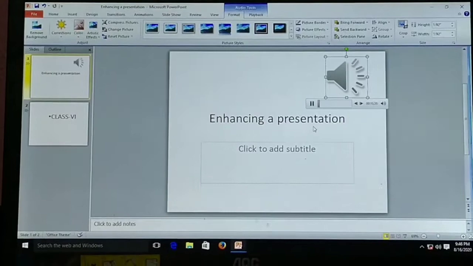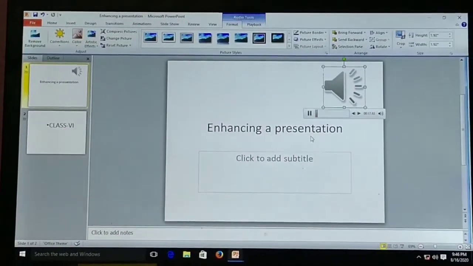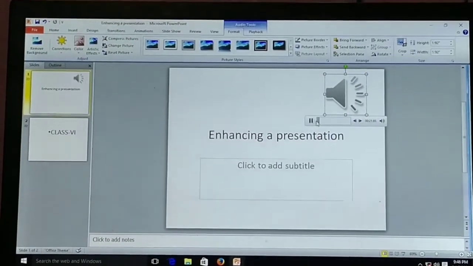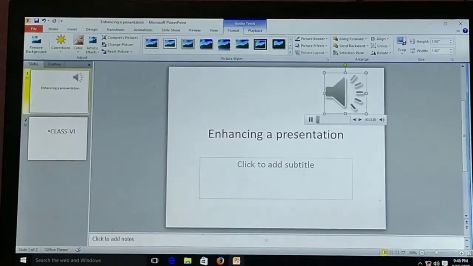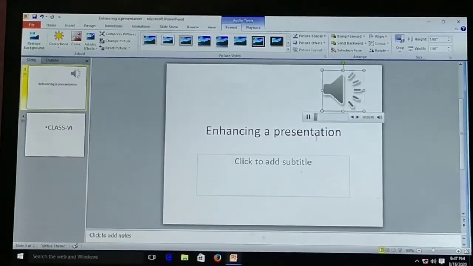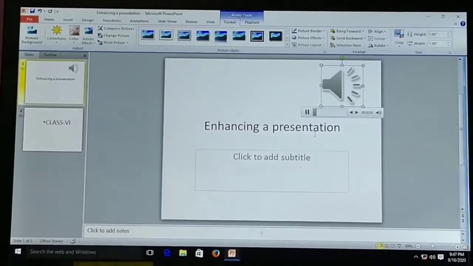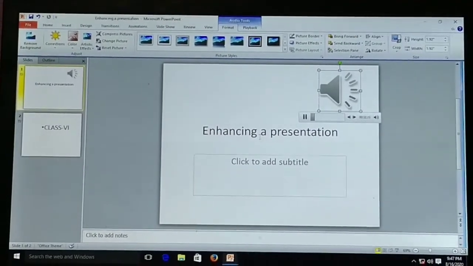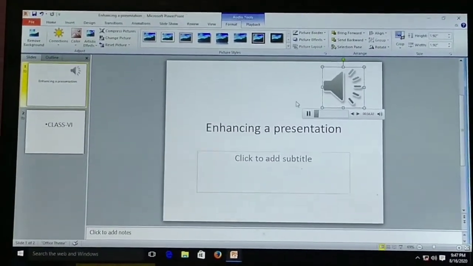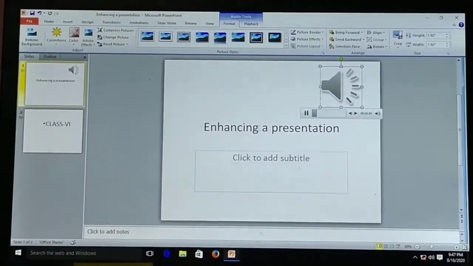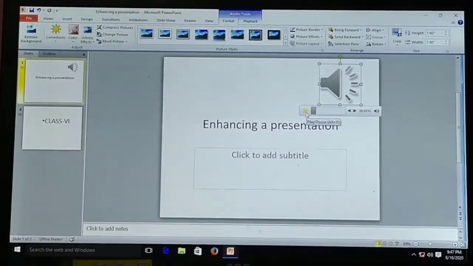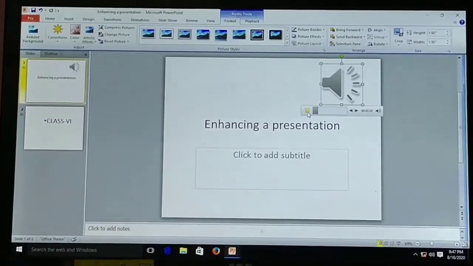Since the speaker is not installed in my PC, that's why sound is not coming from my PC. Okay, but if the speaker is there with your desktop computer or laptop, obviously the sound will come. You can listen to the sound also, and it will be added to your slide. Now you can pause from here, and again you can play from here. Okay, these are the buttons.